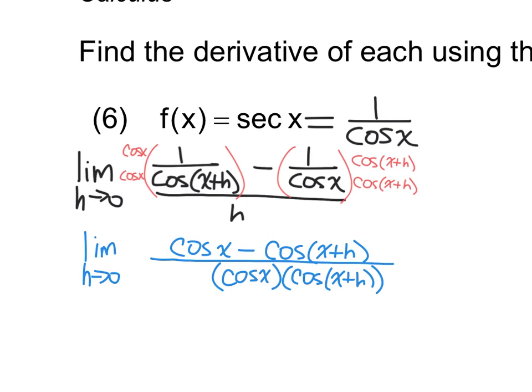Now we have that h on the bottom that could be thought of as h over 1. If I keep change flip that, it's going to put it into this denominator as just an h. So save yourself a step and just chuck it in there immediately. All right. So at this point, you're kind of ready to get started on